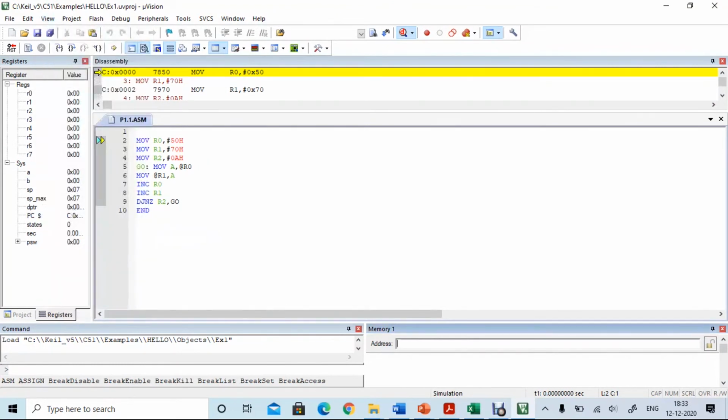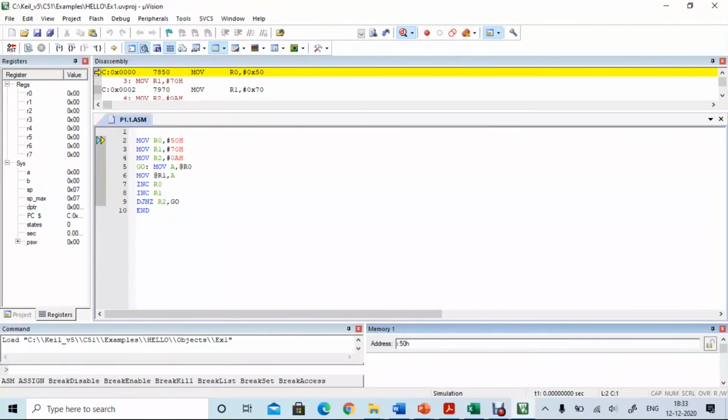You will be getting the memory window. Here you have to type the address of that memory location. In the program we are having 50 to 59H location and 70 to 79H location, which is internal memory. So we have to type the letter I, then colon, and then the address 50H.